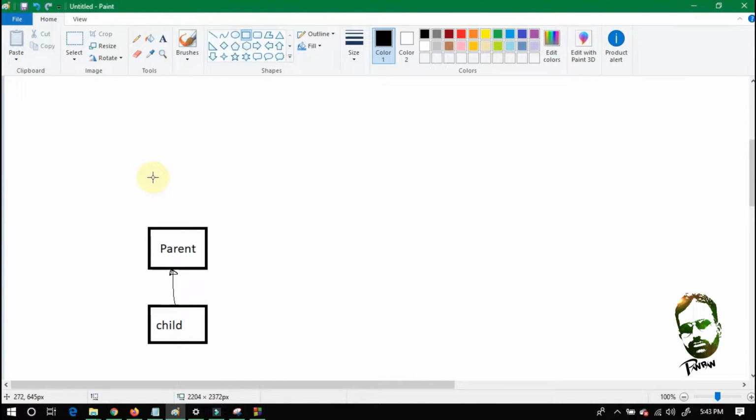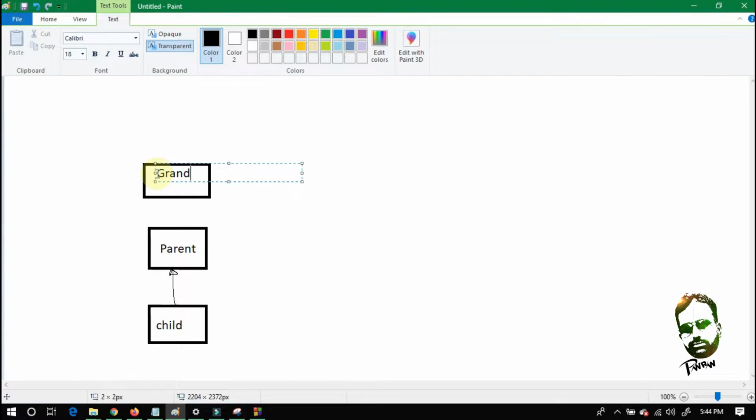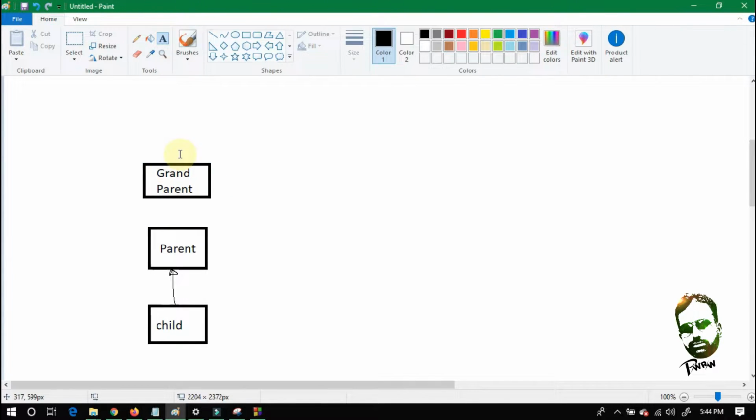And what if there is a grandparent? So this grandparent is basically the parent of the parent class. So basically this is a grandchild and this is the grandparent.